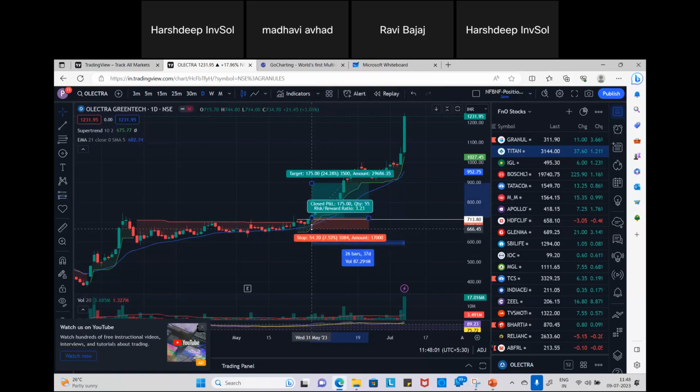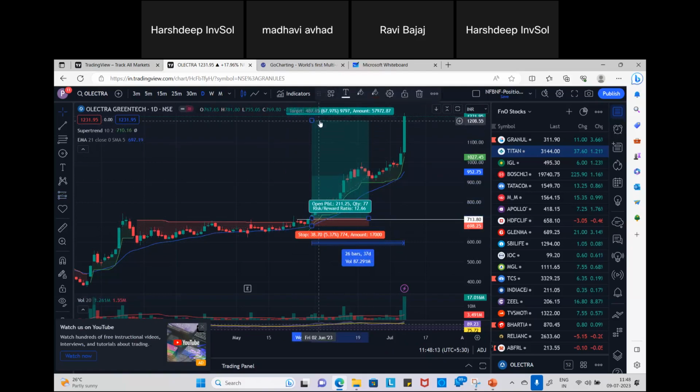Your stop loss will be this candle's low or this moving average. You can consider this moving average as well as a stop loss, and then look at this. The profit is looking somewhere close to 67% so far. Okay, in 26 bars, that is in a month and a quarter, you have got a profit of around 60% plus here using the same strategy. Okay, any questions, Madhavi, Ravi,